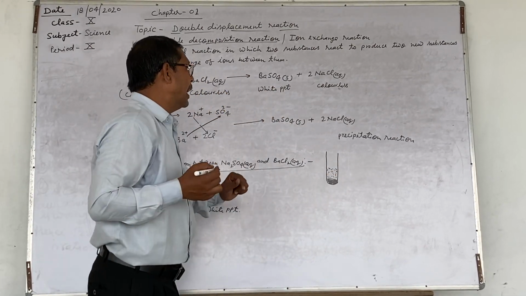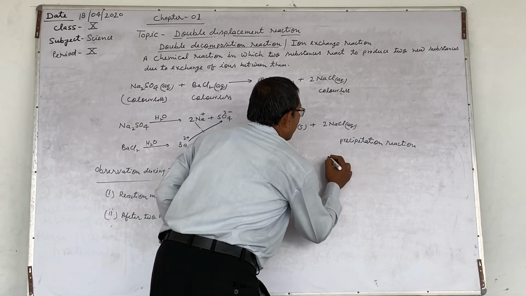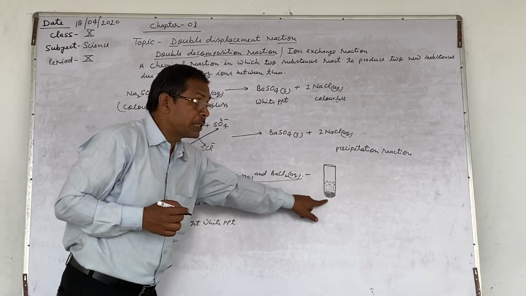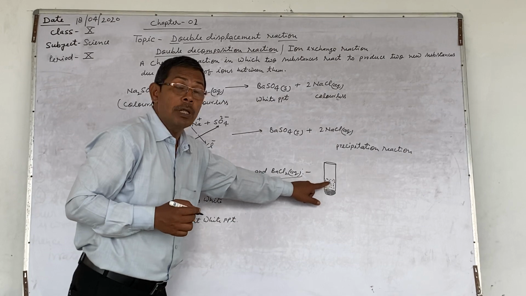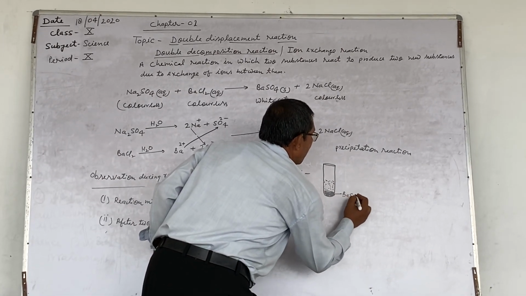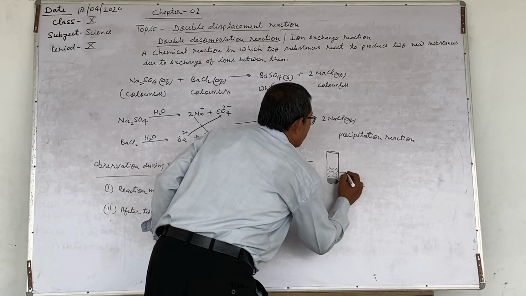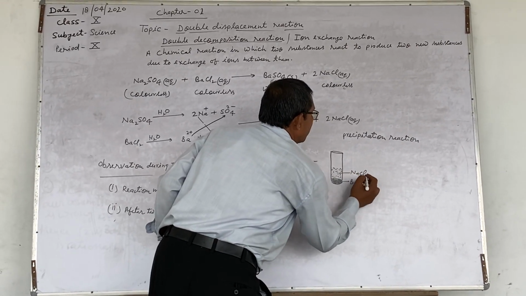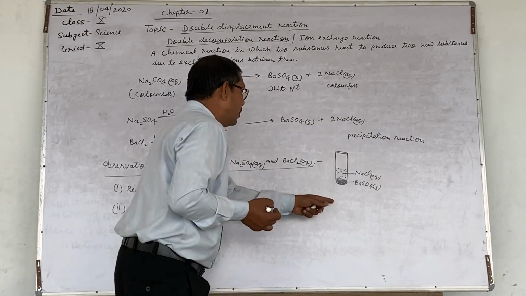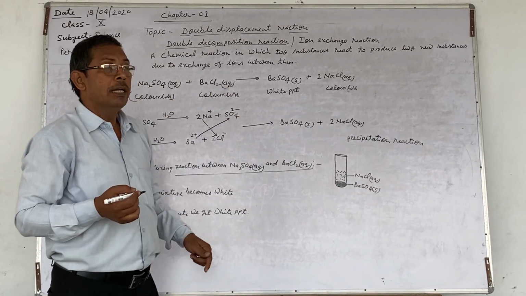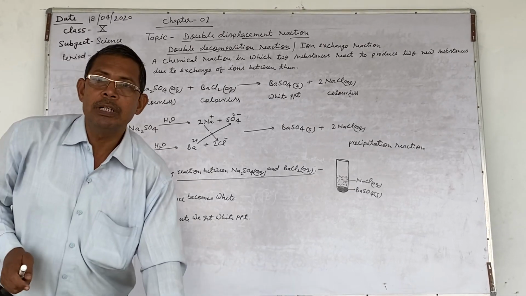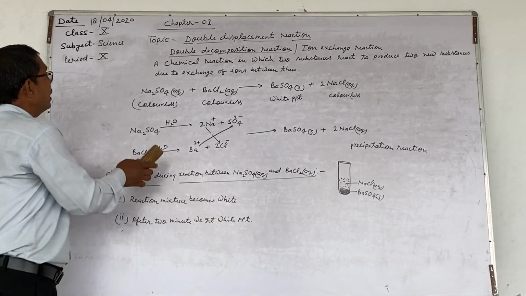And it is asked that name these two substances, that is a solid substance and a liquid form, the aqueous solution. So this is barium sulfate, and this one is sodium chloride, aqueous, and this one barium sulfate in solid form or precipitate form. So its answer should be like this. You can take some more example regarding this.